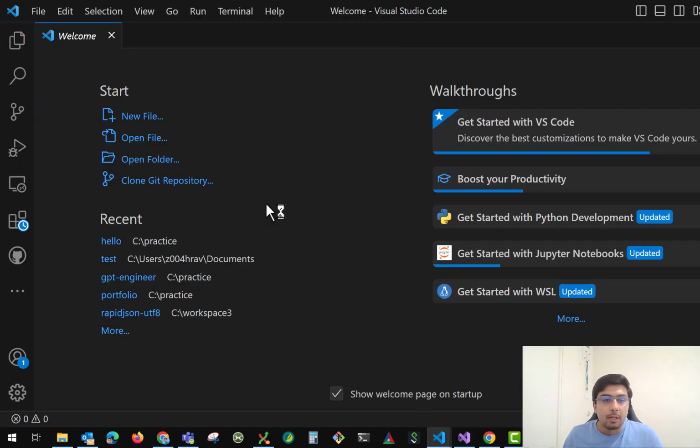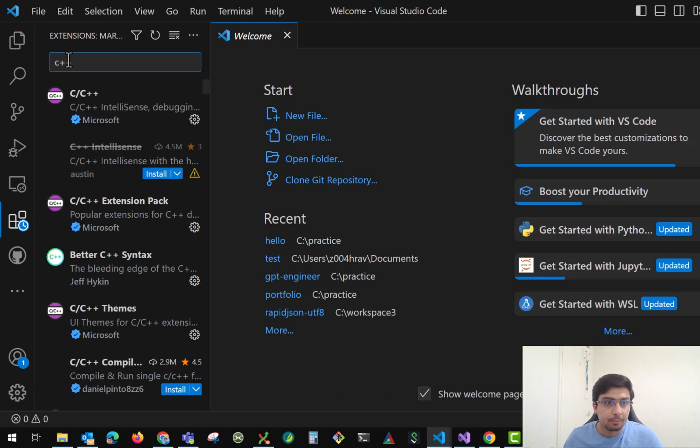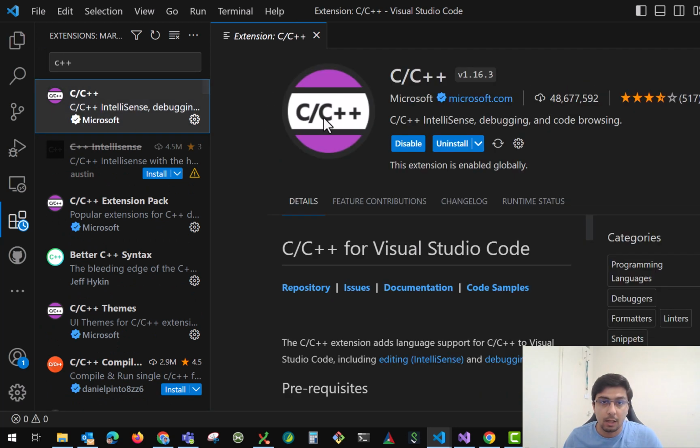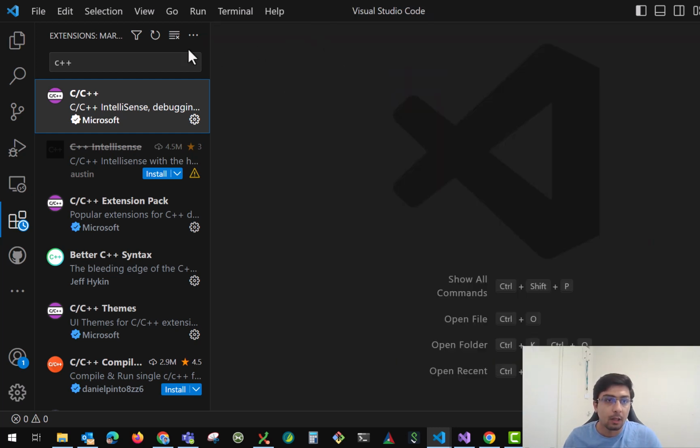After opening the VSCode, you should see an icon like this here for extensions. Click on the extensions and search for C++ and install this extension C/C++, and then